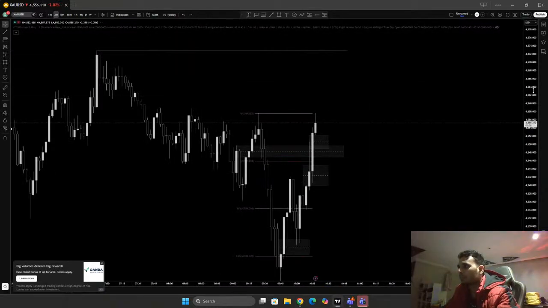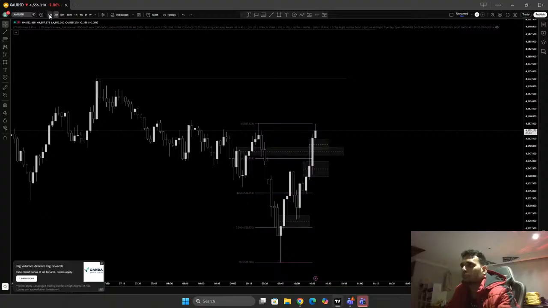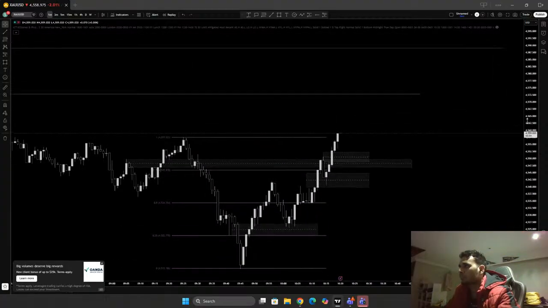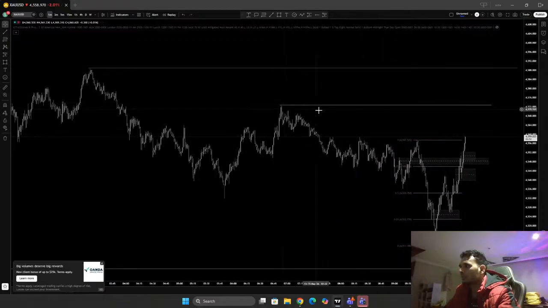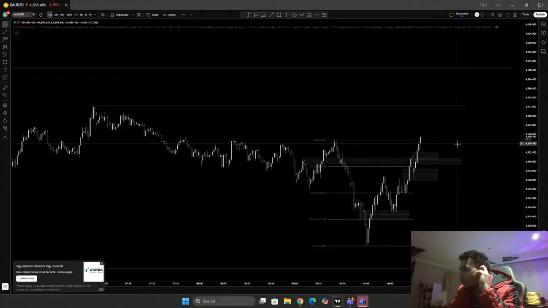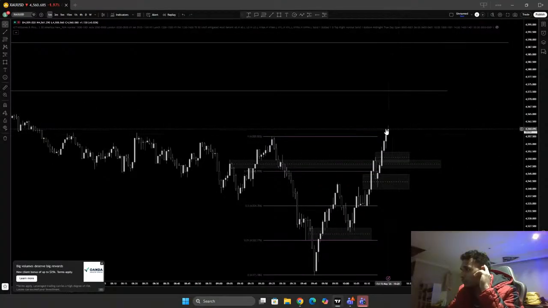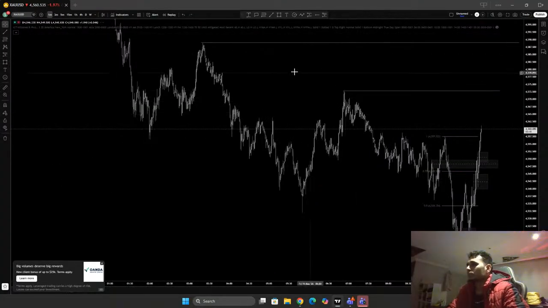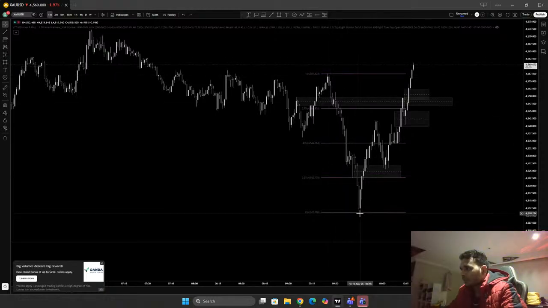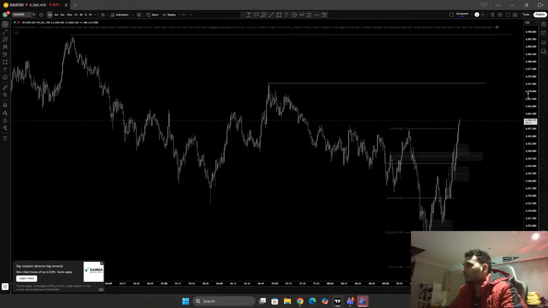Okay, obviously it will take this high level. So we get a break. So this high should be the target for the day. So the whole thing is just a manipulation. The whole 9:30, 9:25, like 9:30 to 9:45, just a manipulation. Then it reverses. Then it takes the direction to the initial direction.